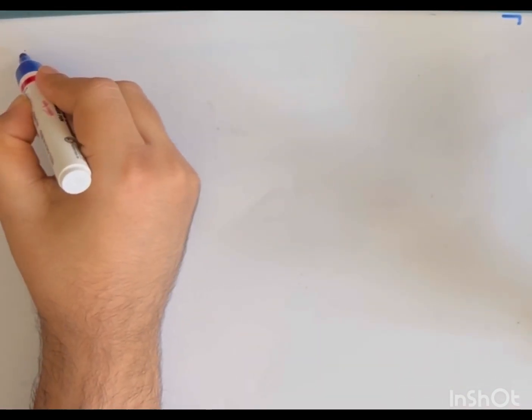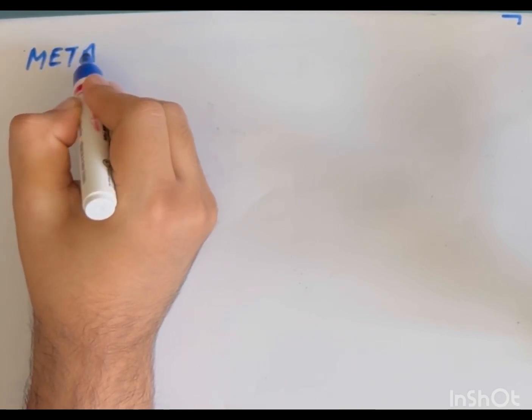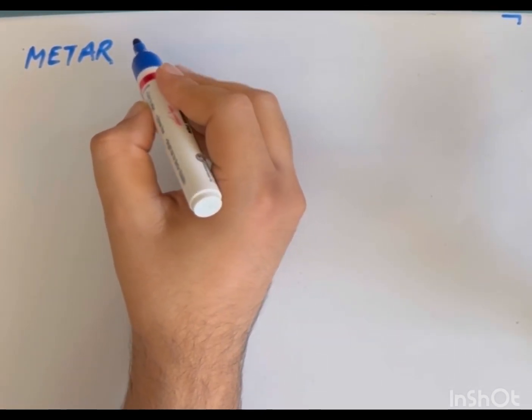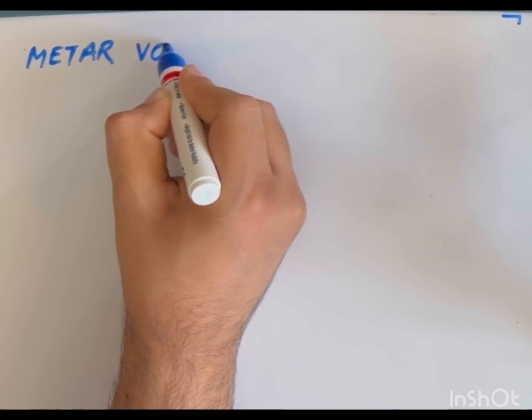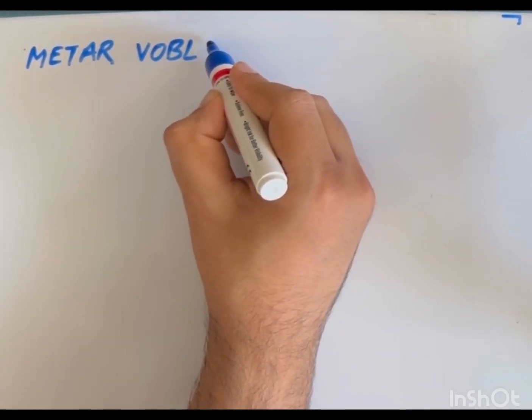So now I'll get some METARs and we'll decode them. The first METAR I have got is this. I will just copy the entire METAR and then we will decode it word by word. So the first METAR that I have got is for Bangalore Airport. So I'm writing it down for you guys